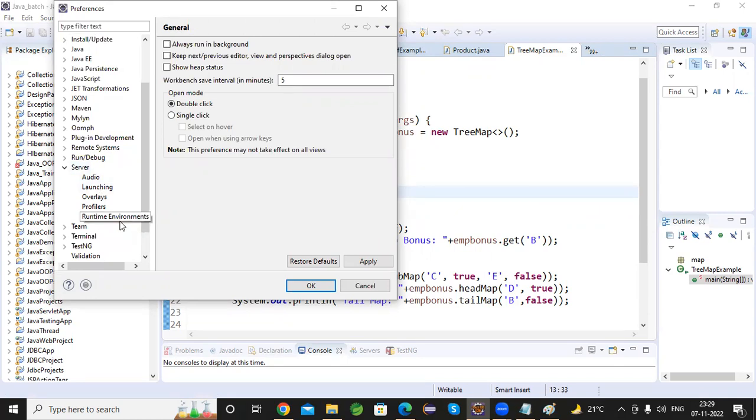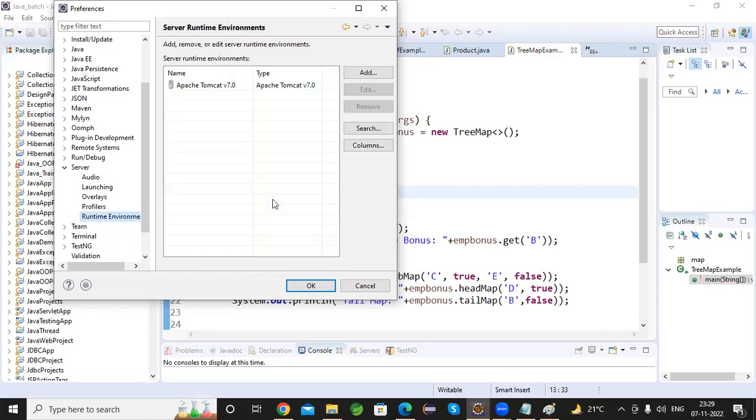Okay. In the runtime environment, let me just click here. In the runtime environment, you can see my Apache Tomcat server is already configured. Apache Tomcat 7 version I have already configured, right? But on your screen, you can see it blank. So what you need to do, you need to add. So click on the add